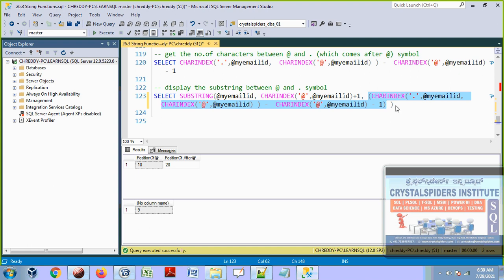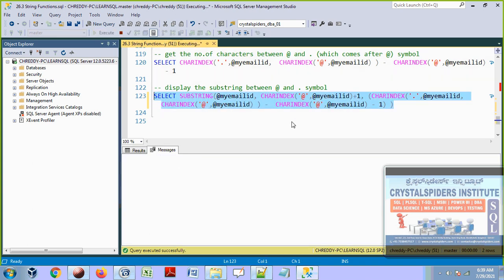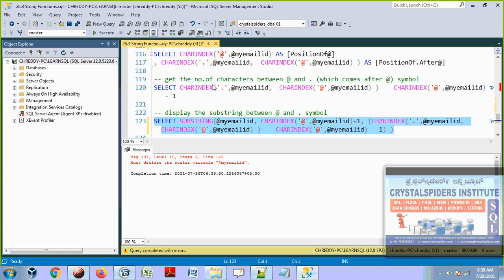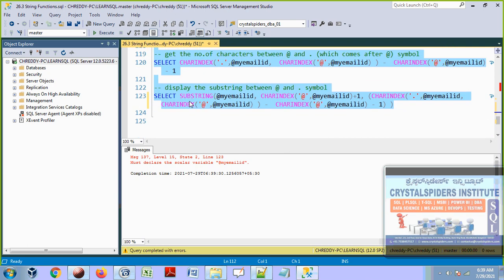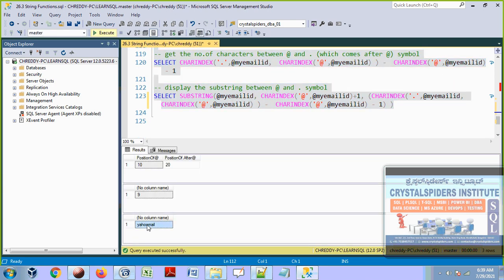See this, guys, it doesn't matter whatever the email ID is, it is always going to display what email account it is. Suppose you have abcd@hotmail.com, then it will give Hotmail, because it is going to display the portion between @ and the dot symbol. Whatever it is, how many characters there are doesn't matter. So I have to start executing from line 112, from the declaration line, right? So this is the third SQL statement, and let's see what it will return. It returned Yahoo Mail.